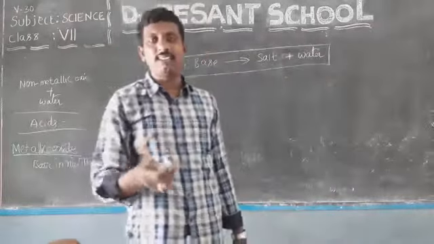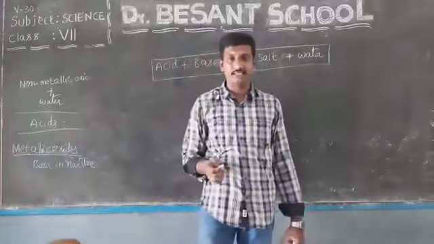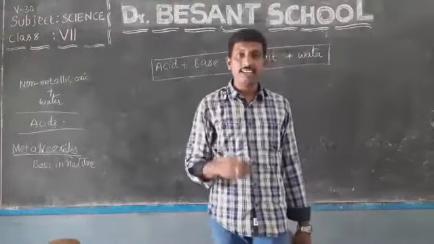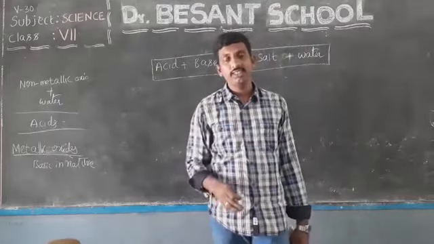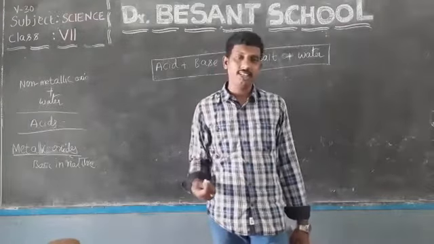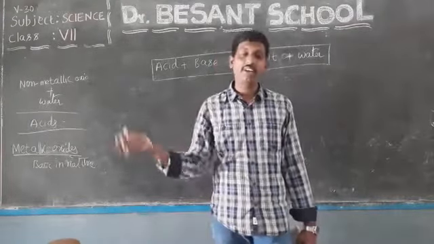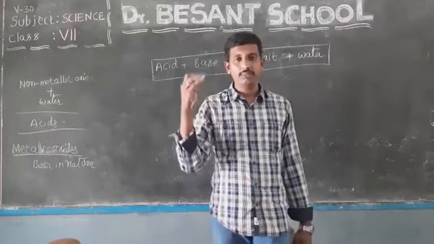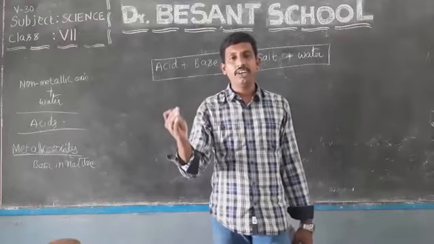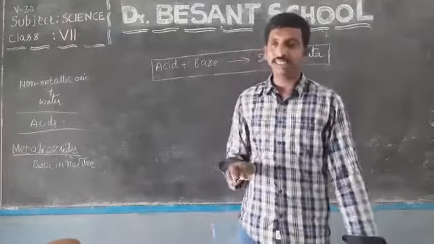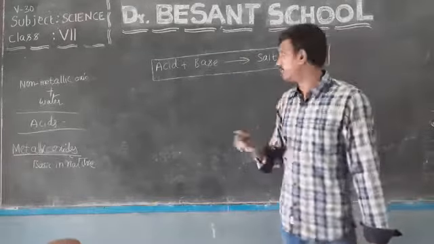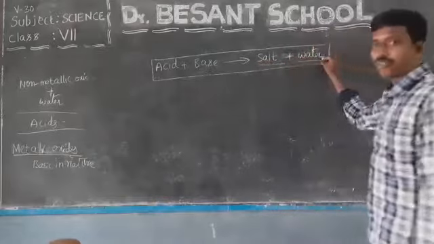This we can also call acid-base titrations. You will learn it in your intermediate classes. Now, when an acid is treated with a base, its properties will be nullified. So it becomes neutral. Those properties are erased by the base. Similarly, when a base is treated with an acid in some concentration, you can observe the basic properties will be nullified by the acid. Such reactions are called neutralization reactions. So acid reacts with a base to produce salt and water.